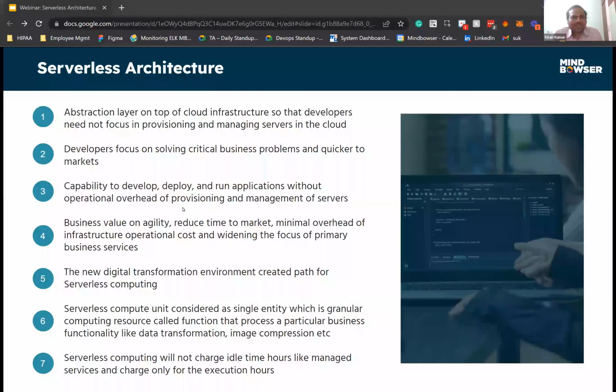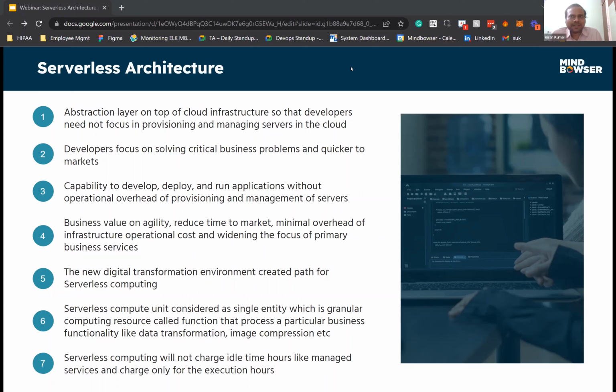Yeah. So as I was telling you, serverless does not mean that there is no server. There is still a server, and everything is managed by the cloud provider. So we have an abstraction layer on top of the cloud infrastructure, where the user or vendor who is using the cloud uses this abstraction layer, and underneath there is an infrastructure platform which is completely not visible to us. We just use their environment for configurations and deployments. But underlying, there is actually a server. So that's why it is an abstraction layer on top of cloud infrastructure.